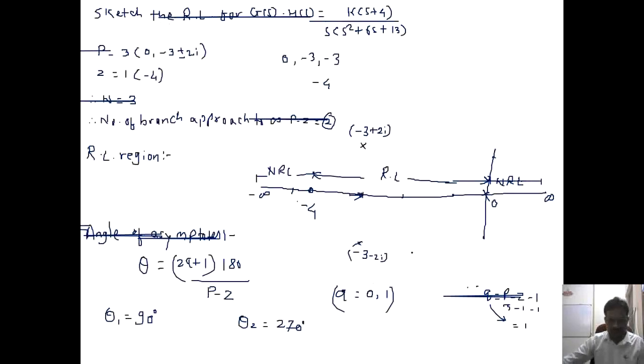So suppose we check here, sigma is minus 1, that is the centroid, the location of the asymptote, and the asymptote angles are 90 and 270. So one angle will be exactly vertical, theta 1 is 90 degrees, and the second angle, theta 2, is 270 degrees. Okay, got it. So there are only two asymptotes, the angles are 90 and 270, and the location of the asymptote is minus 1.